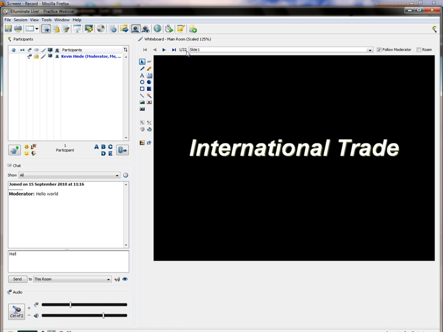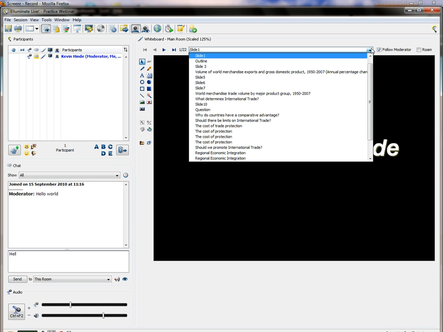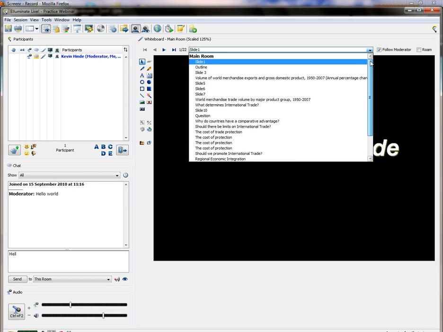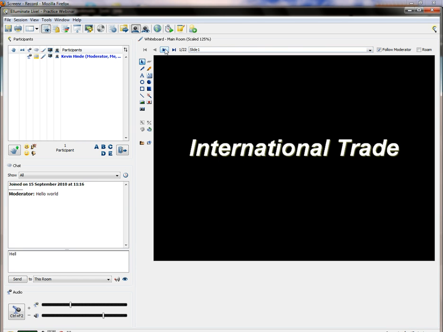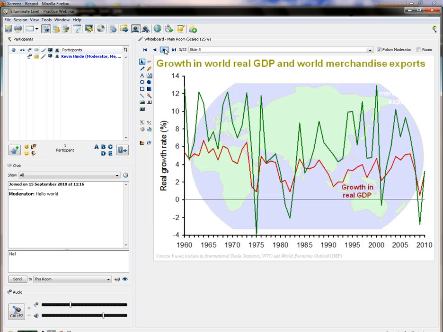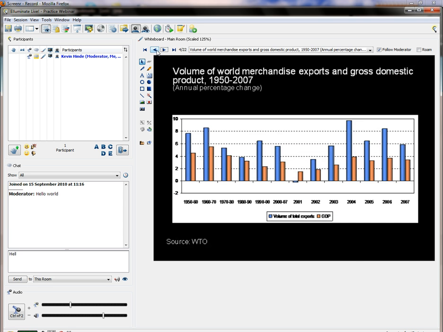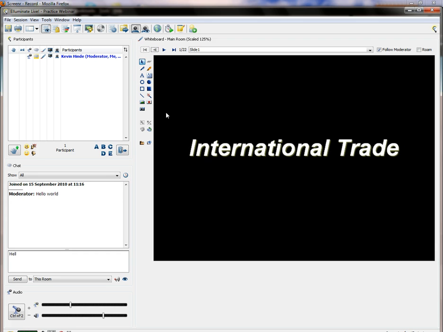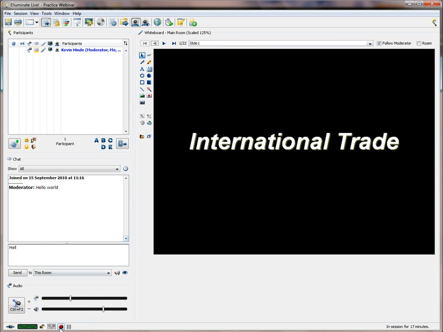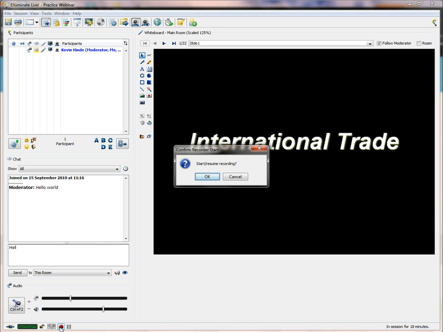You'll notice you've got 22 slides in this particular case. You can use the drop down menu to look at them if you want to, and we can navigate through just by using this little bar here. Your students will be here, and ultimately you could just press the recording button at the bottom. Here's the recording button at the bottom, and you would click on this to record your presentation,